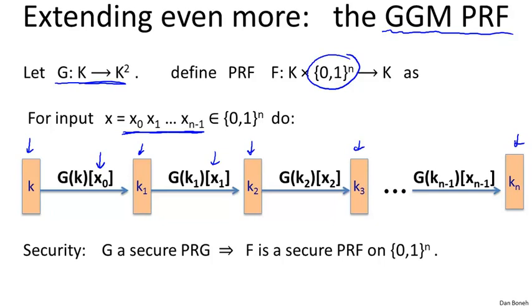Again, pretty much along the same lines as we did before, we can show that if G is a secure PRG, then in fact we get a secure PRF on {0,1}^n, on a very large domain. So that's fantastic. Now we essentially have a PRF that's provably secure, assuming the underlying generator is secure, and a generator is supposedly much easier to build than an actual PRF. And in fact, it works on blocks that could be very large, in particular {0,1}^128,